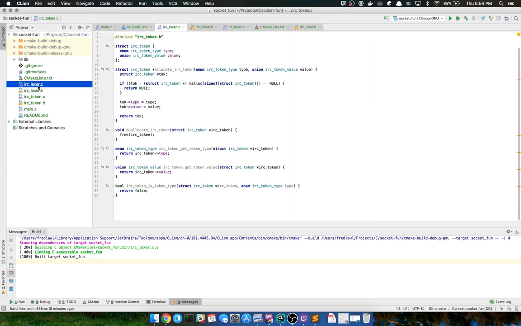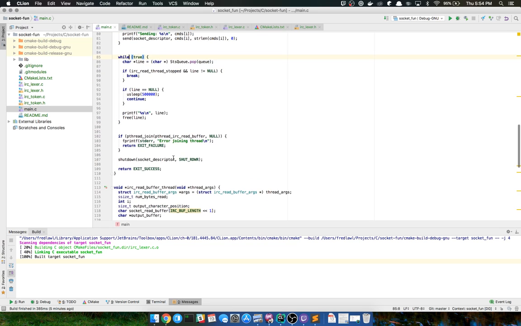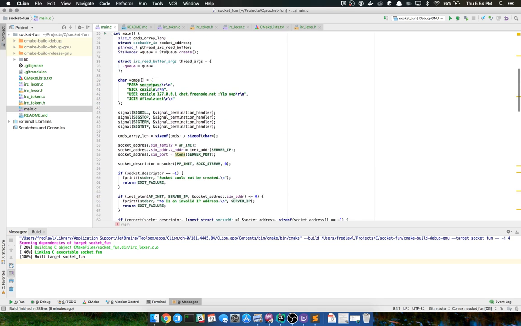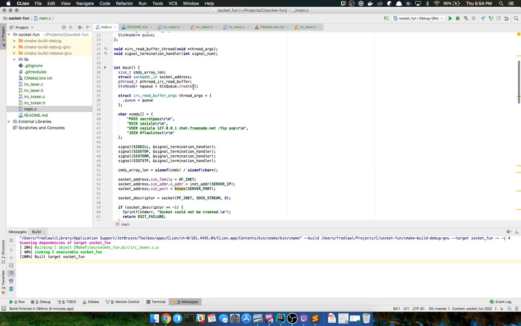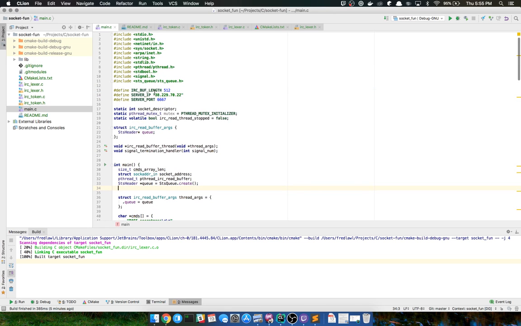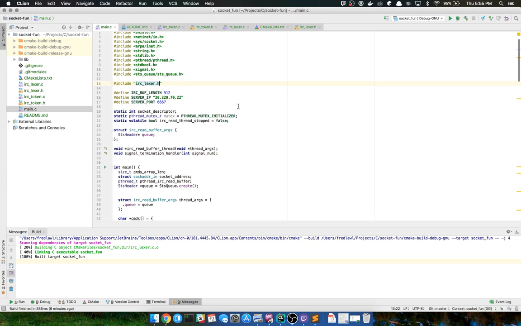So let's see here. Let's go back to this right here. Oh wait, no, yeah, I want to pretty much copy this functionality in there. So here instead, I'm going to create the lexer, include the IRC lexer. There we go.